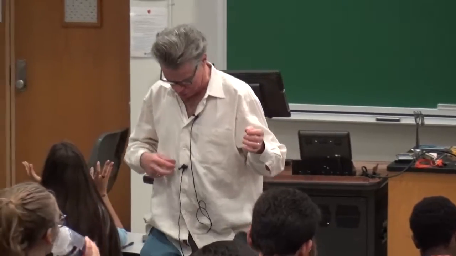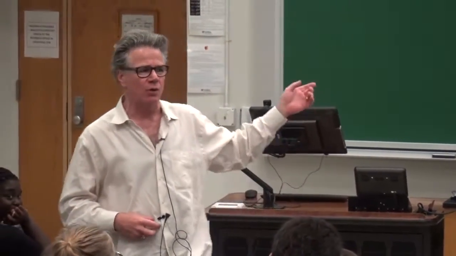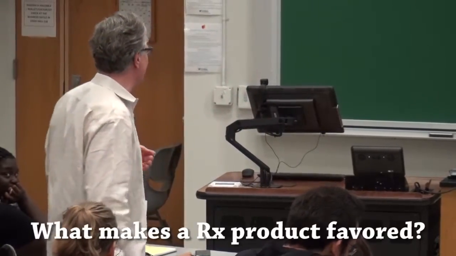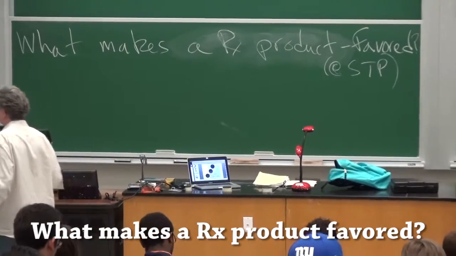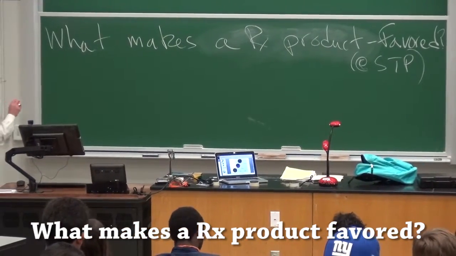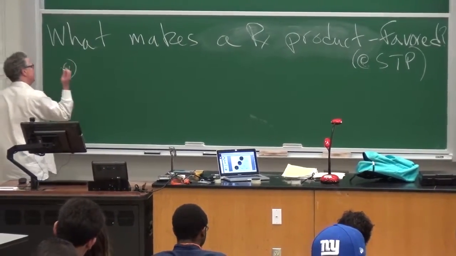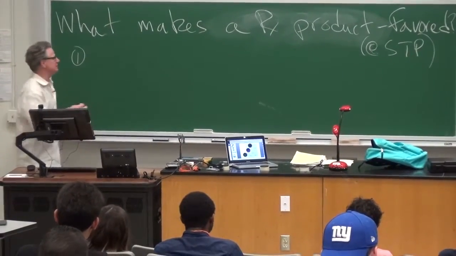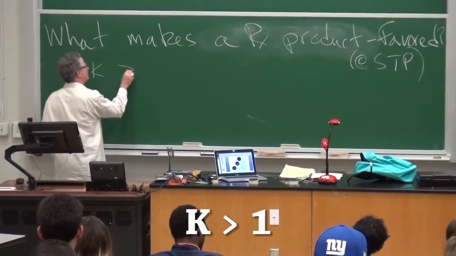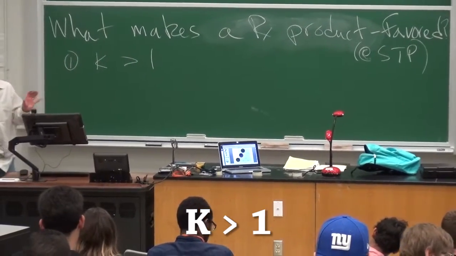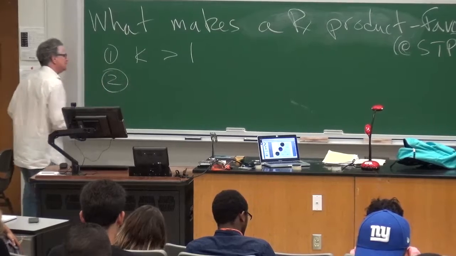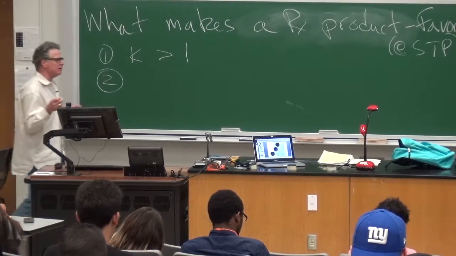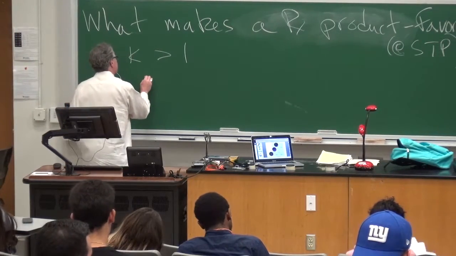And so I began this whole topic by posing one simple question. What makes a chemical reaction product favored? And at the end of last class, we decided that one, and it's more of a consequence, is that the equilibrium constant is greater than 1, but that doesn't really answer the question. But the second key thing that we realized was some combination